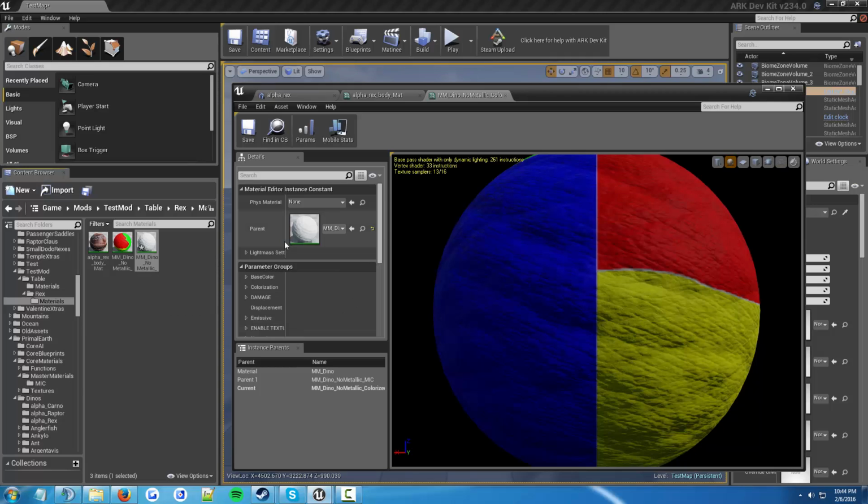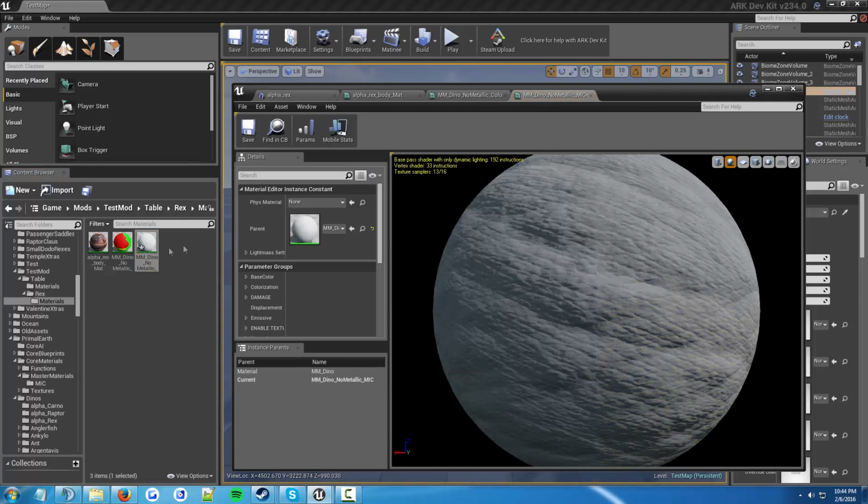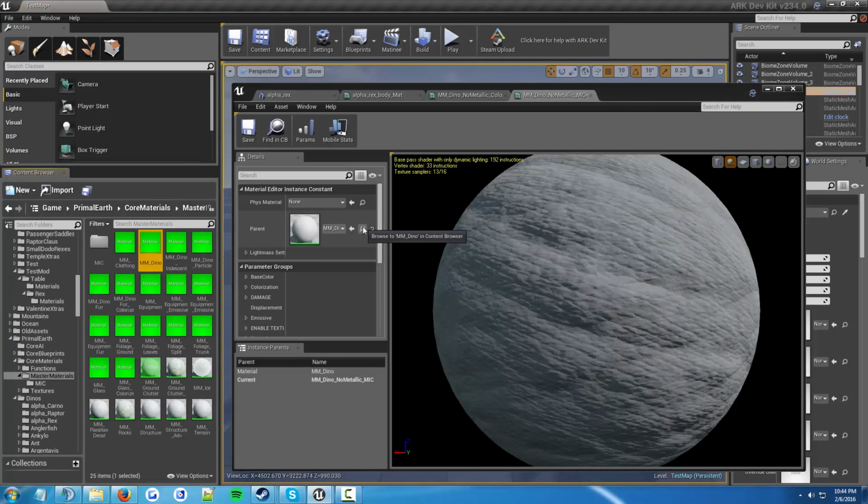So now we see that this one also has a parent. We're going to get that one. Oh, it's right there. Wait, so confused right now. Oh, we didn't open it up. Sorry. We're going to open up that parent material, and you see that one has a parent material as well. So we're going to go get that one, move it over,